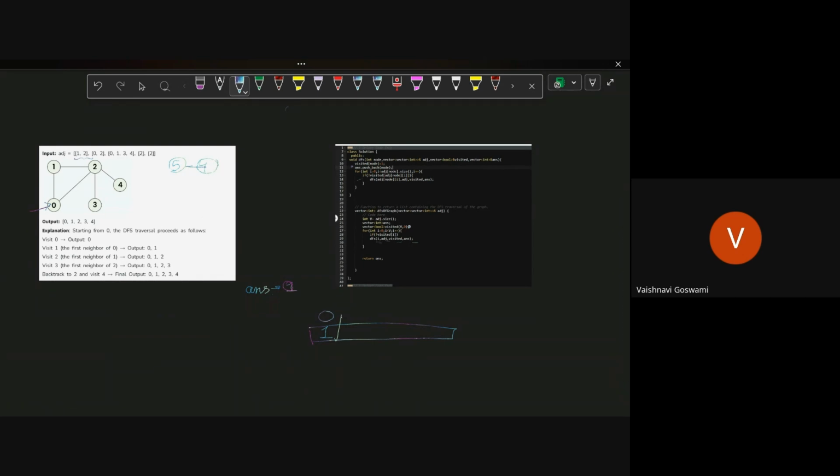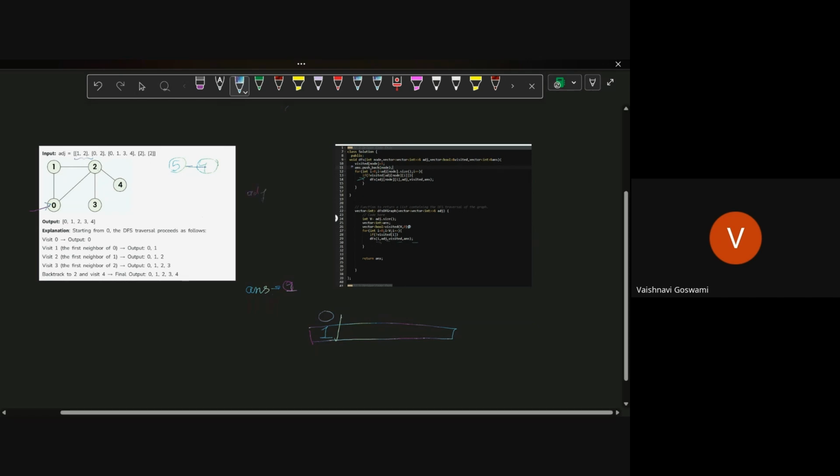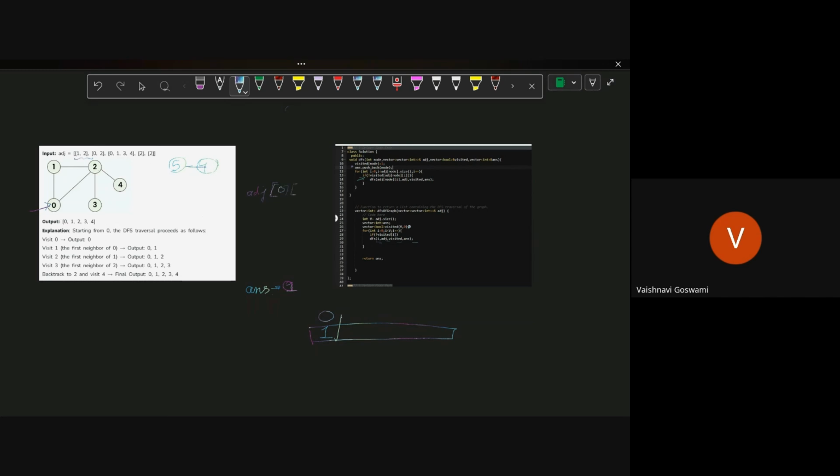So we will check if they are not visited in this step: if not visited of ADJ of node i. Here node is 0, and i will be 0 initially and then 1, because there are only two edges.